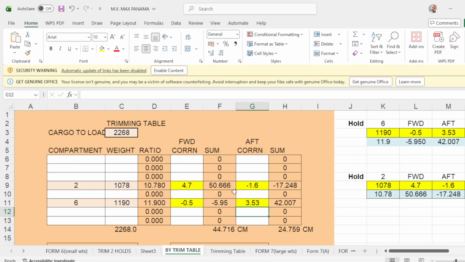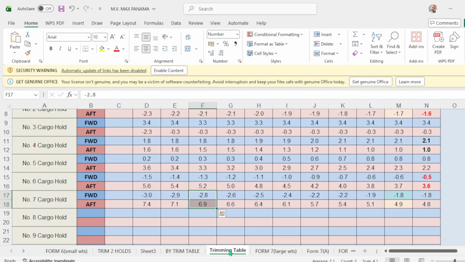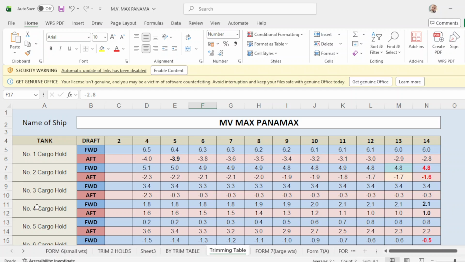So where can you find this forward and up correction? You go to your trim table. Okay. So this is the name of the vessel. This is your cargo hold. This is the drop forward on the upper part. Since our departure drop is 14 meters, we concentrate on this column of 14 meters and hold number 2, forward and up correction. So number 2 cargo hold will be 4.8 and up correction will be negative 1.6. So forward will be 4.6,